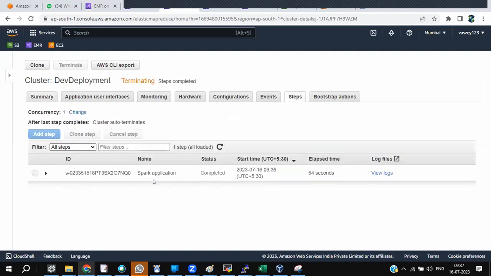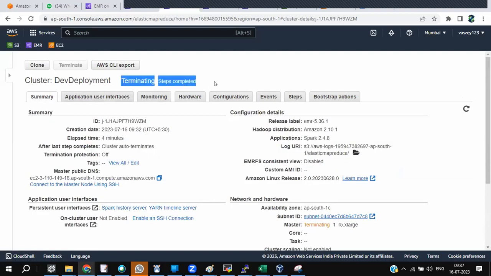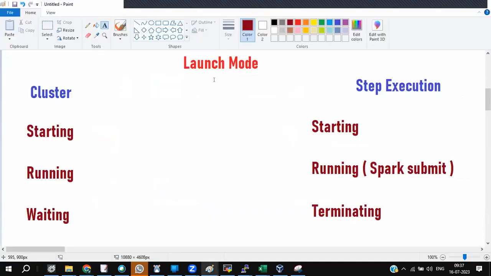It completed the step here, and it has gone into terminating state. This is what step execution is: the cluster gets turned on, goes to running state where the Spark submit happens, and then goes to terminating state. This is what we call step execution.